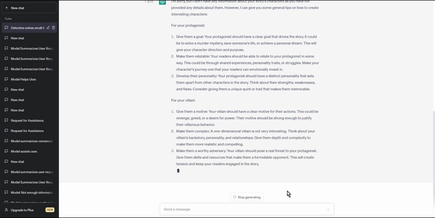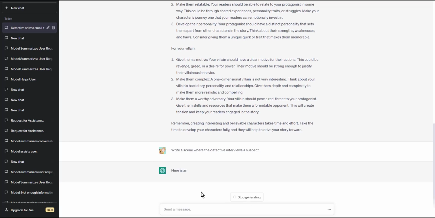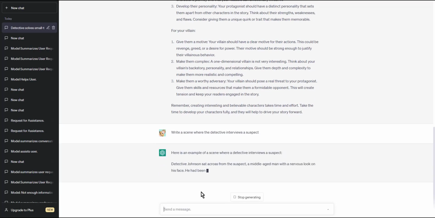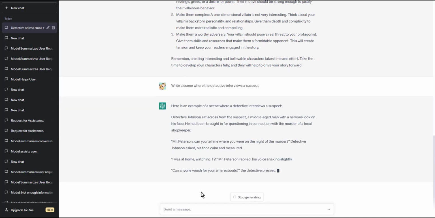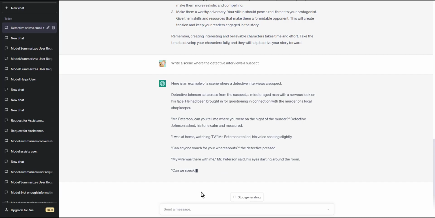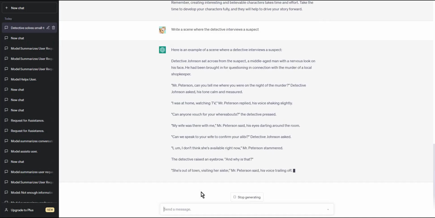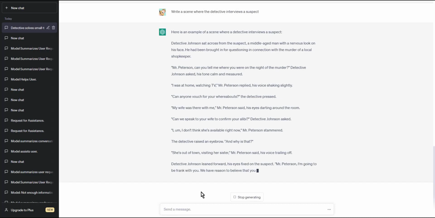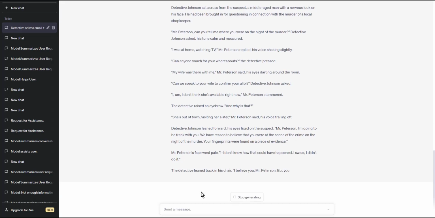Step 3. Write your first drafts. With your outline and character developments in place, it's time to start writing your first drafts using ChatGPT. Give ChatGPT a prompt, such as, "Write a scene where the detective interviews a suspect," or "Describe the setting of the small town." ChatGPT will then generate text based on your input, helping you flesh out your story and overcome